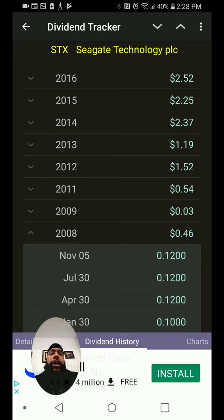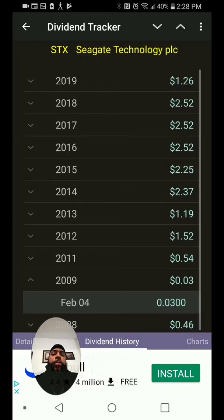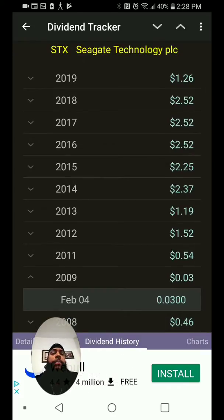And let's take a look at that. So we had the first payment in January was 10 cents. Then in April it was 12, July 12, and in November 5th it was also 12. So then it moved to 3 cents. So something was going on in 2009, but they only paid 3 cents dividends once for that time frame,